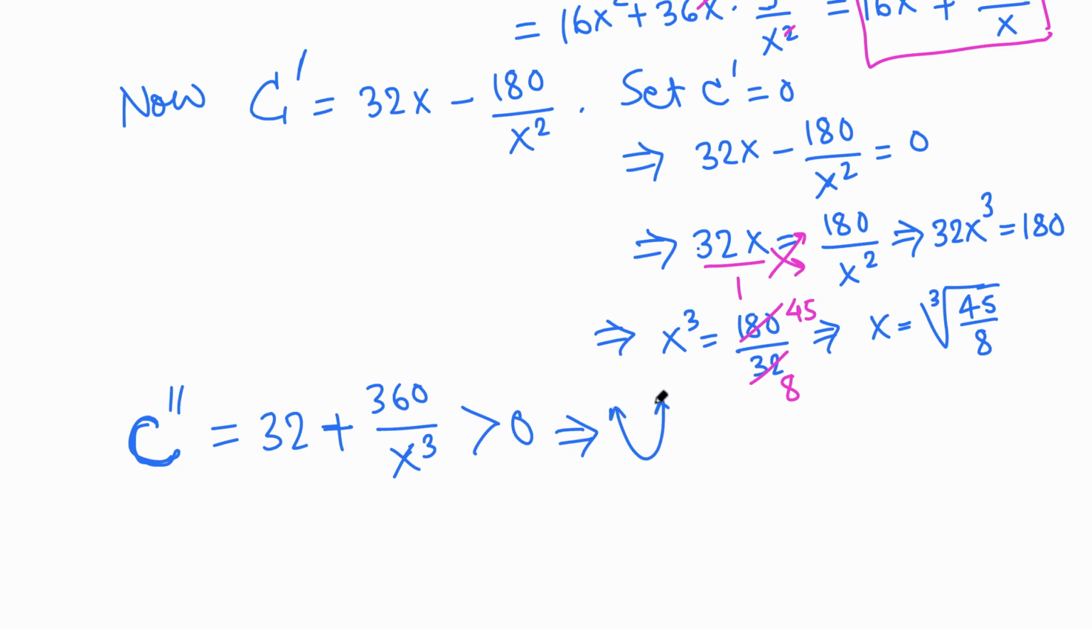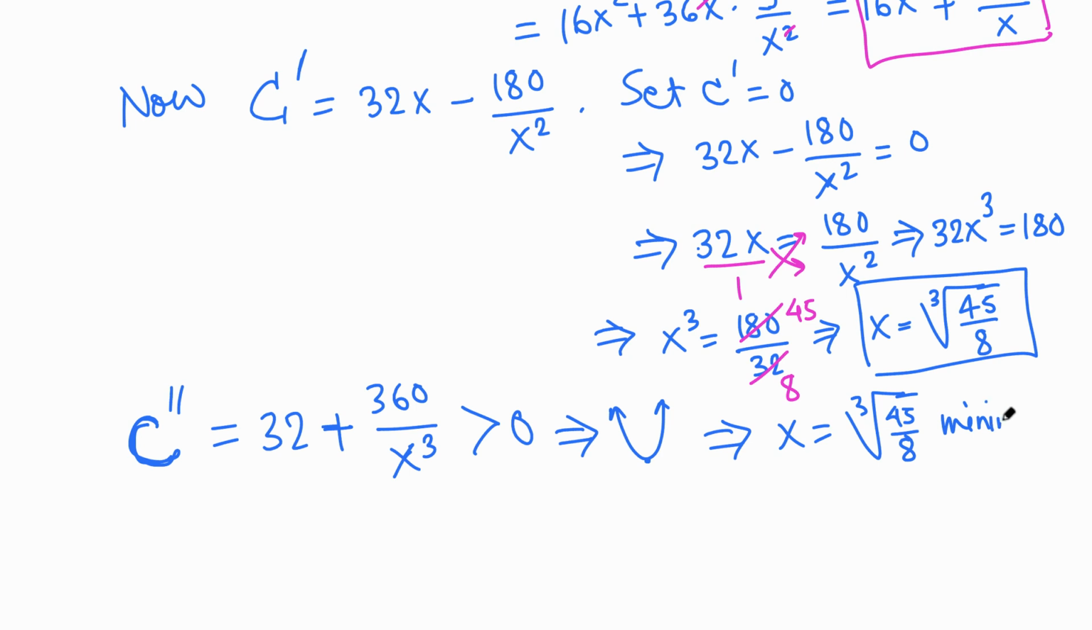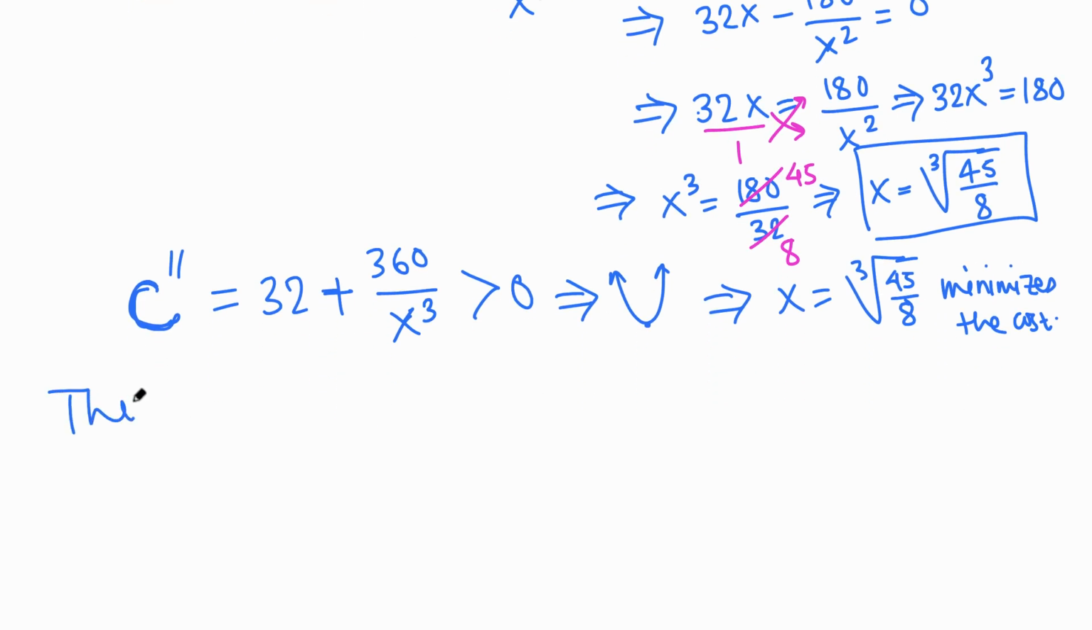Second derivative positive means concave up, and our critical number that locates the minimum cost, x equals this value, minimizes the function. Minimizes the function means the cost function. Okay, thus the lowest cost, or minimum cost,